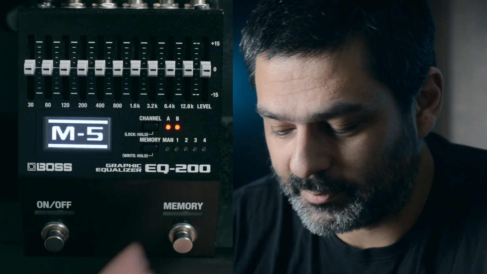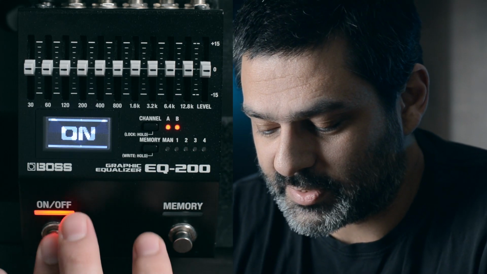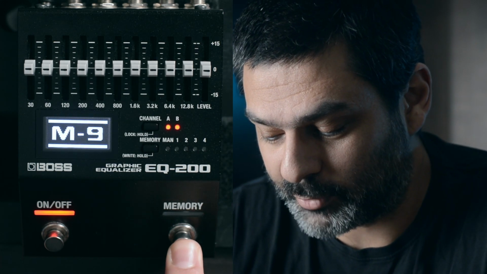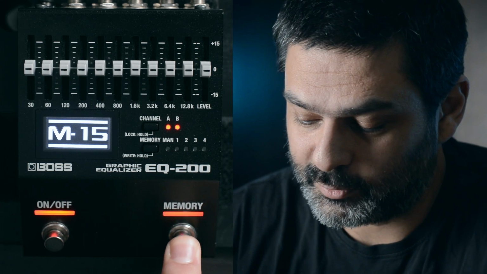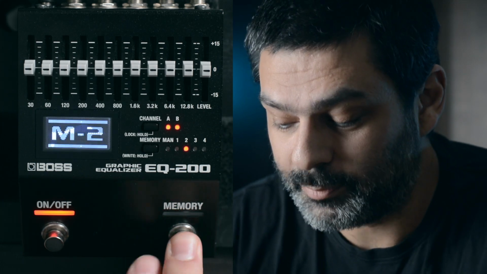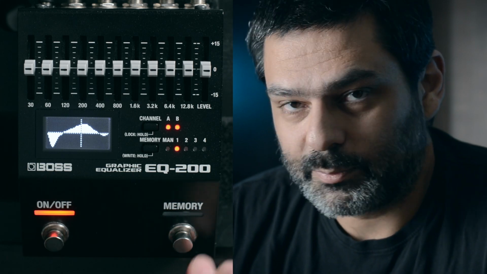So as you can see, it takes a bit of thinking to get the logic behind this, because, for instance, if I'm on memory 6, these switches are going to do whatever they were programmed by default. And in this case, I know that this guy is going to do memory up. So it's going to flip over all of the memories, manual, then memory 1. In memory 1, it's still programmed to go memory up, but when I get to memory 2, it'll go memory down again. So this type of logic can be very interesting when you are working with the external switches, or if you take advantage of this one to access direct memories, etc.